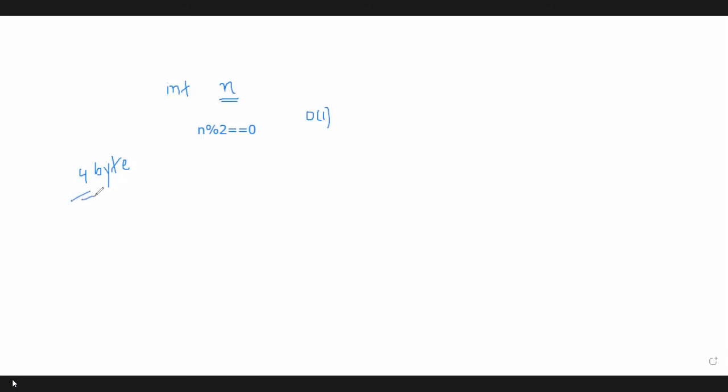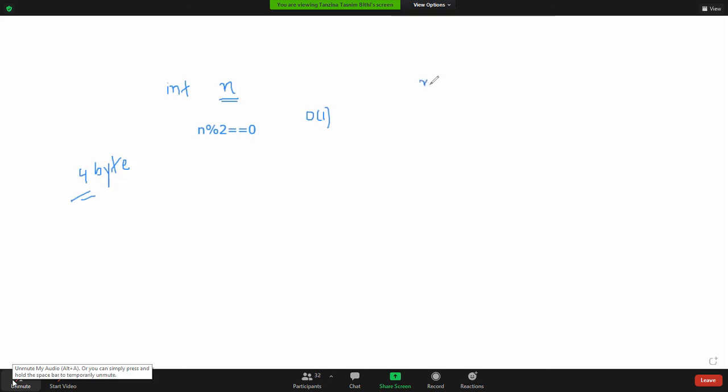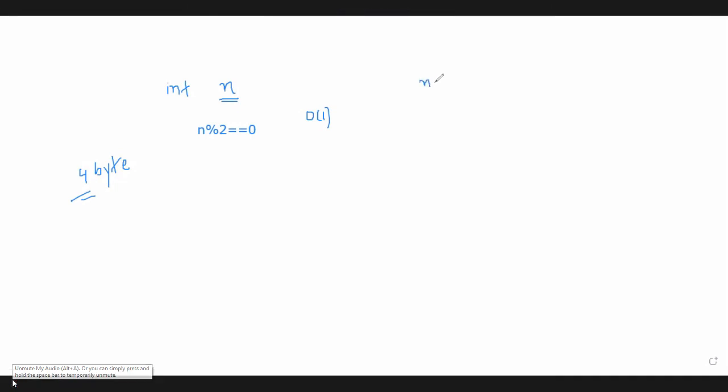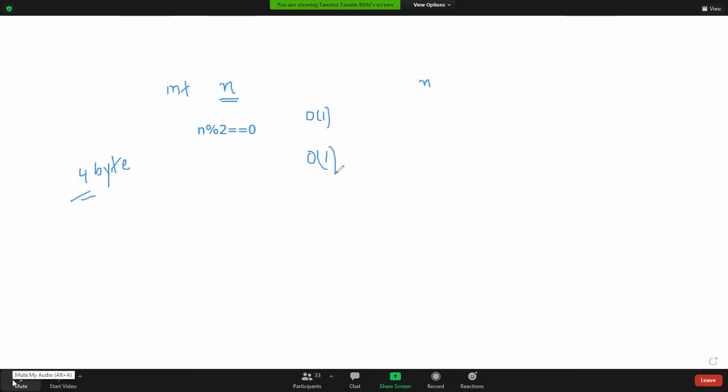Now the value of n can be 10, 12, or 15, but the space will not change. That's why the space complexity is order of 1. Clear? Yes, ma'am. So the time complexity and space complexity of this program is order of 1.